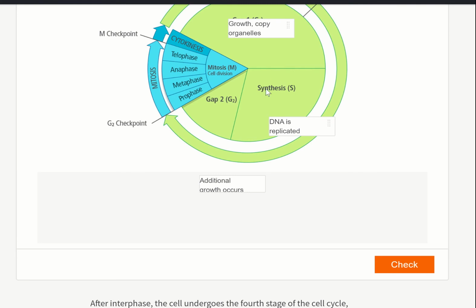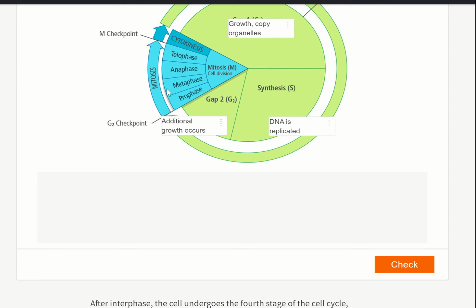So we are going to have one set of DNA here. However, during this S phase, every single chromosome is going to copy, and we're going to have two of them. And then we're going to get some additional growth going on in G2. So we have growth and the organelles copy. Here the DNA copies. So after this spot right here, we have twice as much stuff in the cell as when we started. And now we're going to grow again because in this blue portion, this is mitosis and